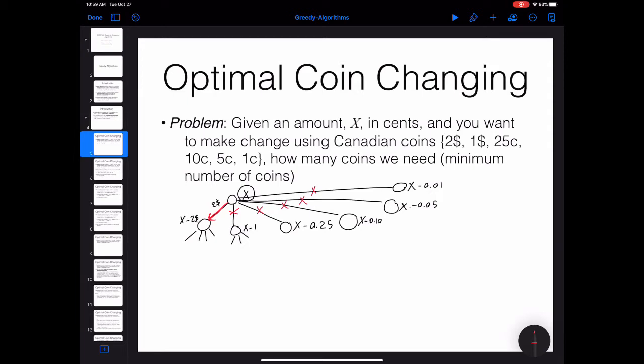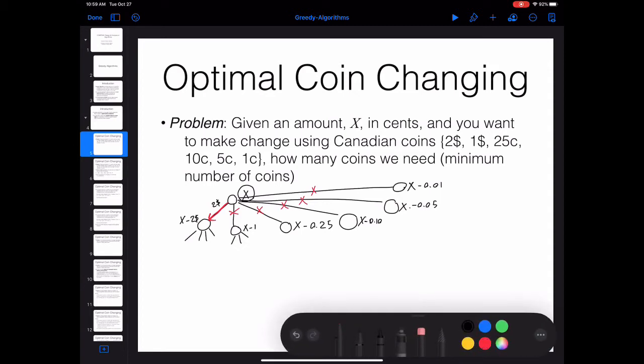The whole strategy here is to always change with the largest coin which is smaller than the amount that you are going to change, right? This is always going to end up at the optimal answer. But if I apply this strategy over a different coin system, for example, assume that your coin system is something like,